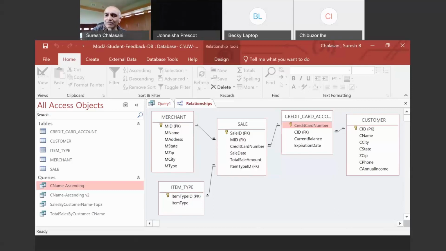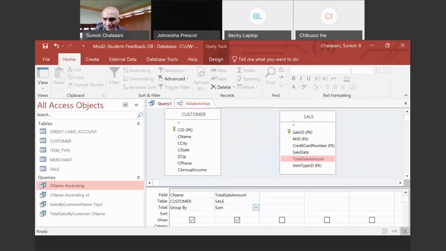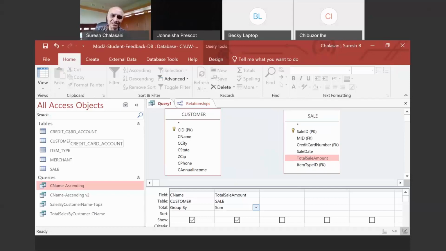Exactly. Here we have related, the customer and the sale are not directly connected, but they're connected indirectly through the credit card account. Customer is connected to the credit card, and based on that customer's credit card, that's what is used to pay for the sale. That's the business case, right? That's the business scenario. Here, we have the customer, we have the sale, but we don't have the credit card. We did not bring the credit card account table, and that is the mistake.